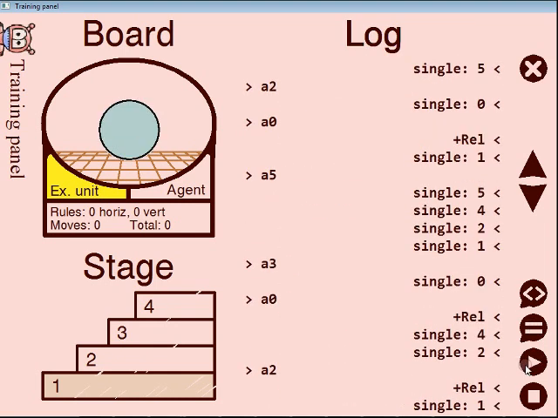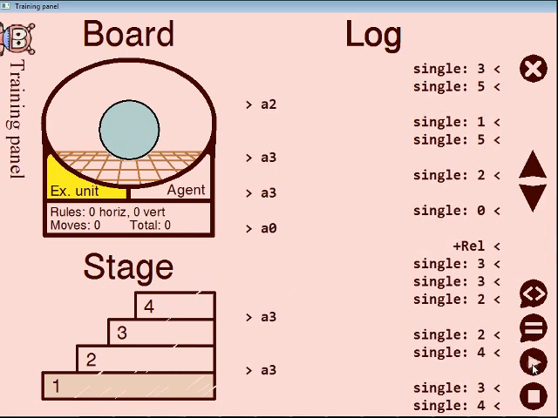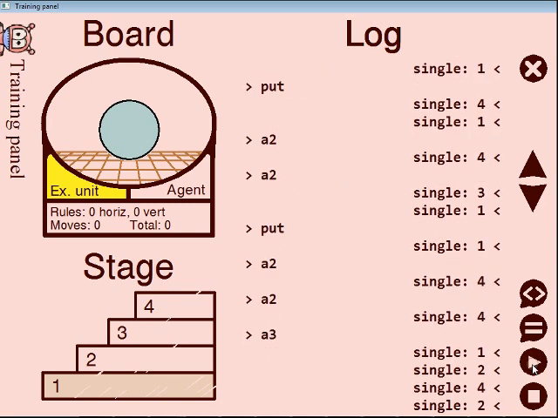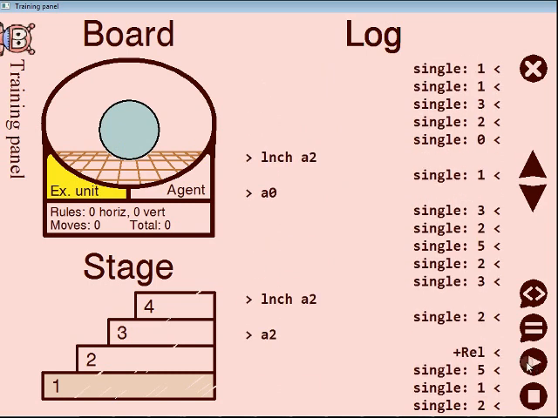This is a log of all communications between the agent and the environment. Agent phrases are on the left, while those of the environment are on the right. The rewards to the agent are marked by pluses. You see that the agent is not limited to any size of its phrase. It has no prior knowledge of that. And now the input for the agent contains only one symbol, and it will contain 2 symbols on the next stages.